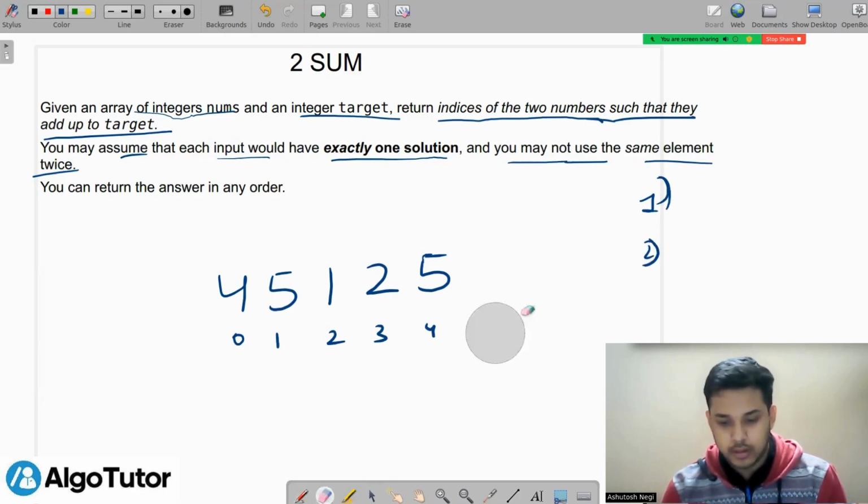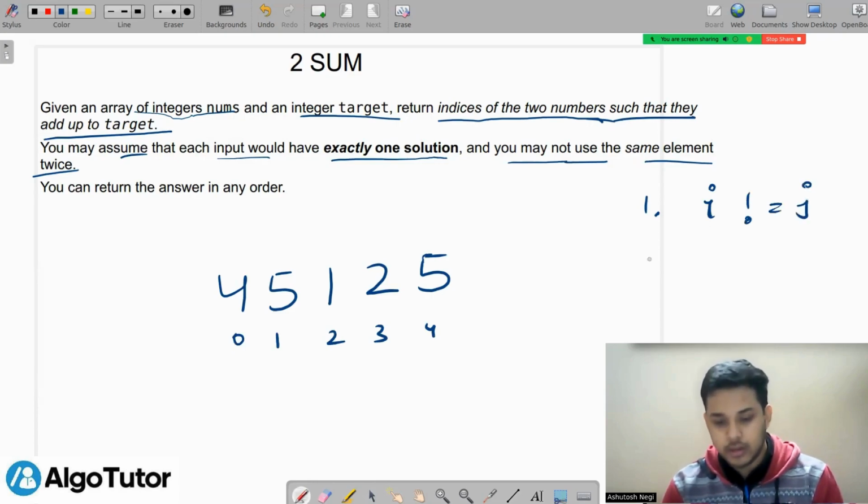Just a second, let me write it down clearly. Condition 1 is i is not equal to j. Second condition, let's say this array is A, then A of i plus A of j is equal